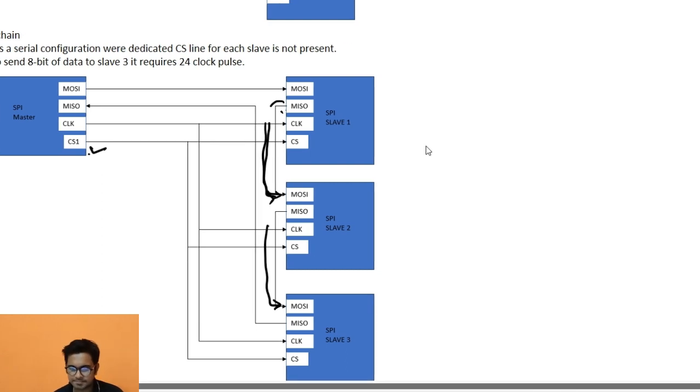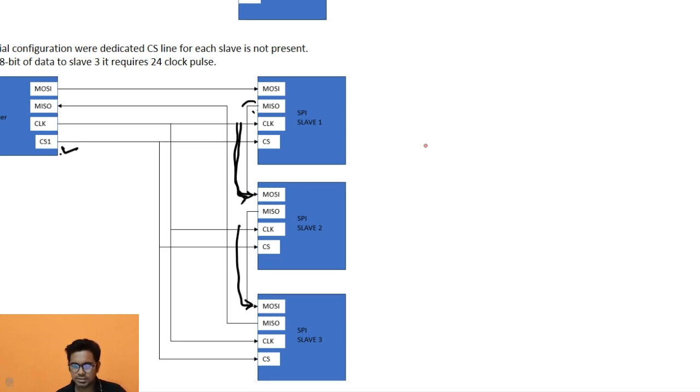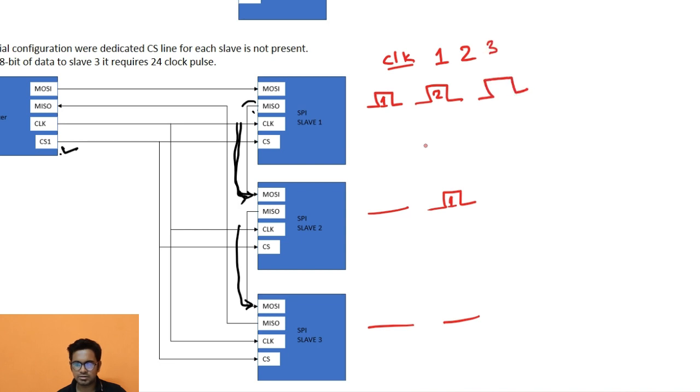So let's say, for suppose, clock 1, the first clock, we receive the first byte of data here, and all others we are receiving null. For clock number 2, we receive the second byte of data here. Here the first byte of data is received, so data number 1 is here, and still it is null here. So for the second clock, we receive the second data here, and here we receive the